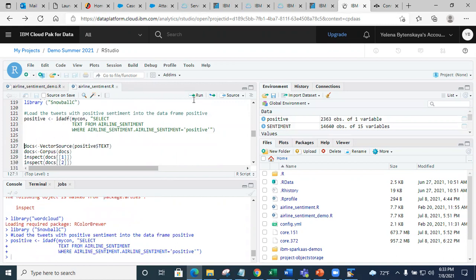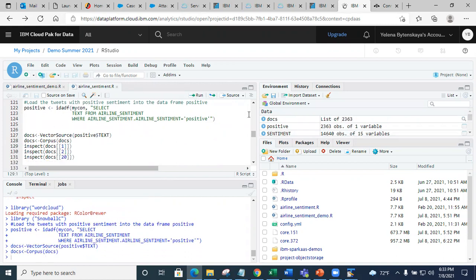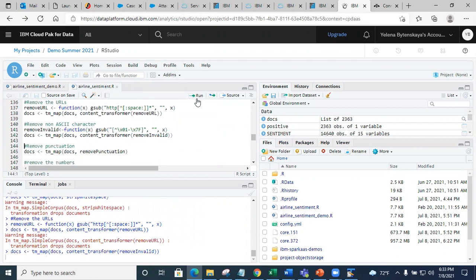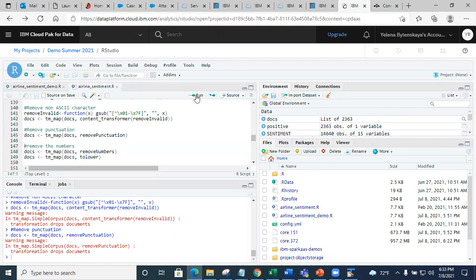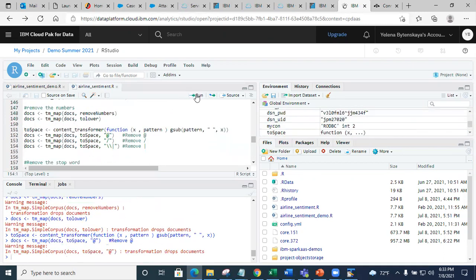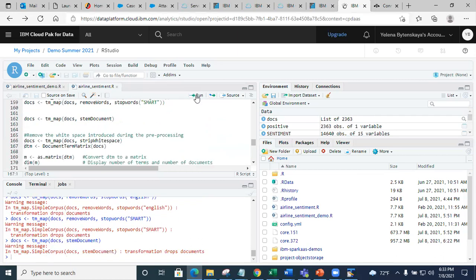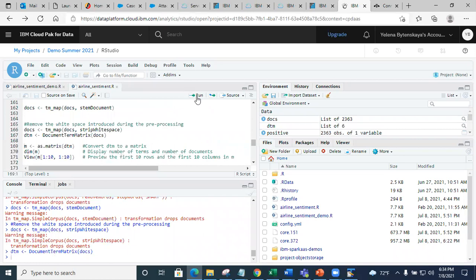And here we're doing some text pre-processing. I'm just going to run this. It's doing all of this pre-processing. Don't worry about the warnings, those are just warnings.